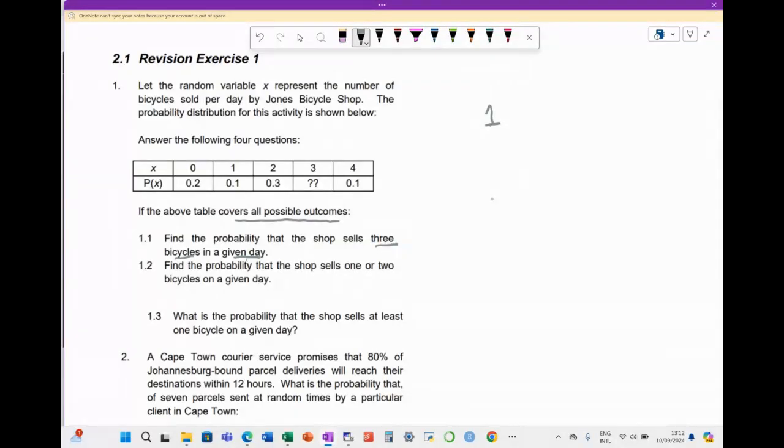For us to find 3, we need to say, what is the probability of 4, probability of 2, probability of 1, probability of 0? If all of these equal 1, then the probability of 3 is going to be equal to 1 minus